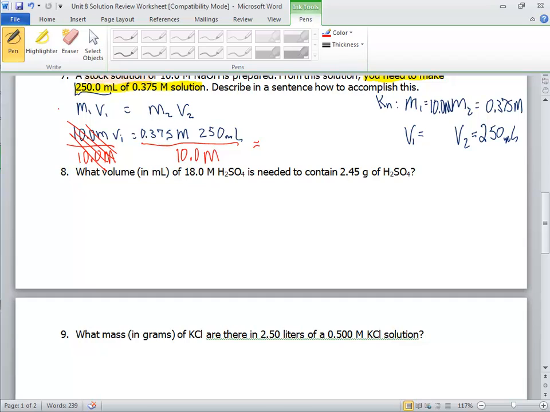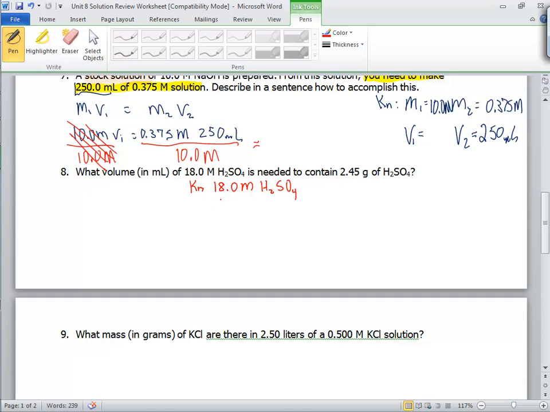Number 8 is a different kind of problem, in that we're not making a dilution. What's our known and unknown? That's the best thing to look at first. The things we know is that we have 18.0 molar H2SO4, and